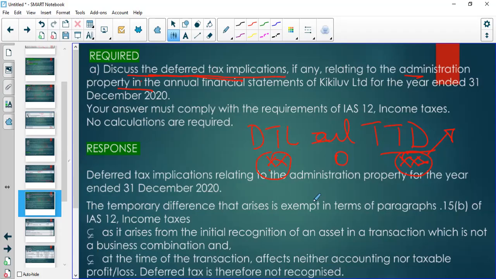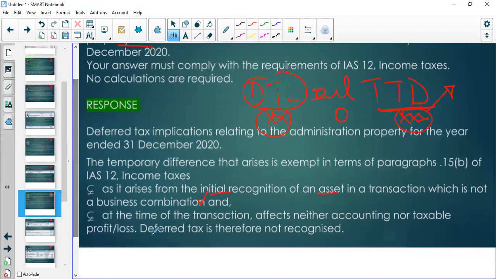So we know that deferred tax liability is going to be recognized for all taxable temporary differences, unless those temporary differences arise from the initial recognition of an asset in a transaction which is not a business combination, and at the time of the transaction, it affects neither accounting nor taxable profit or loss. Okay. So therefore, deferred tax in this particular case is not recognized, because when we